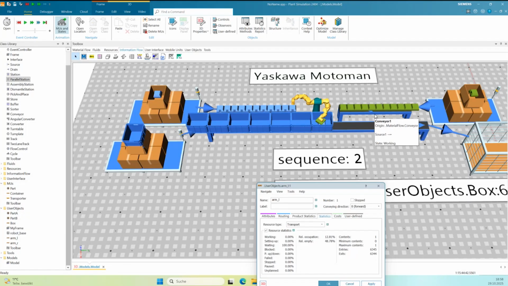Okay, I can make a webinar for such a user-defined robot and the statistics. You can create quite complex statistics if you want to have the statistics. Okay, how many times the robot is moving, how many times the robot is carrying a part, and what tasks is the robot doing.